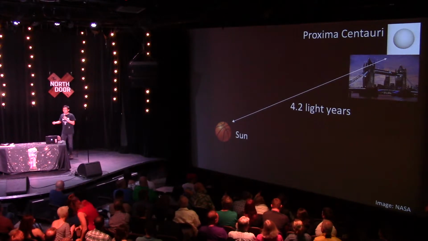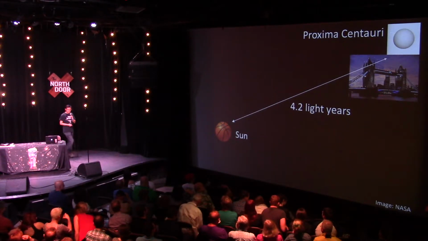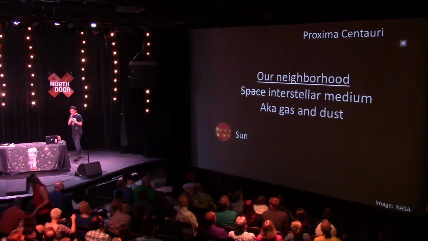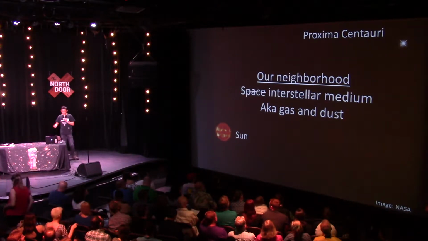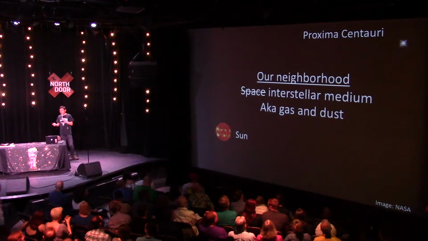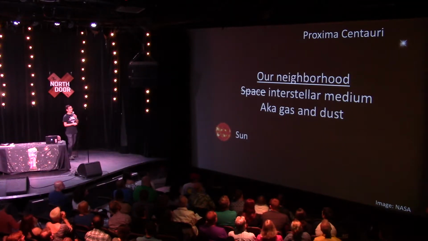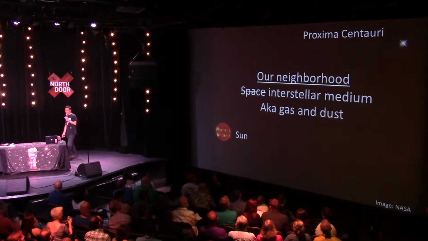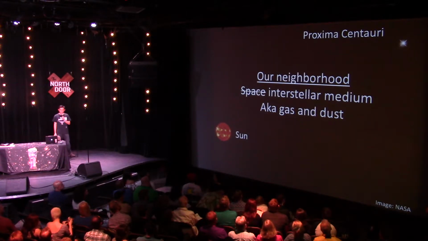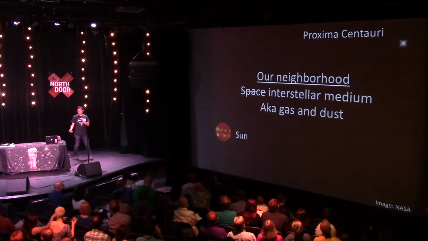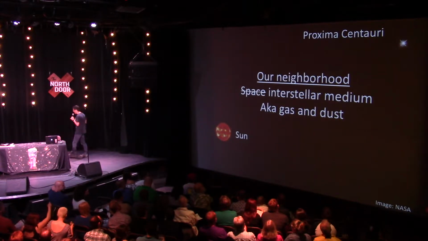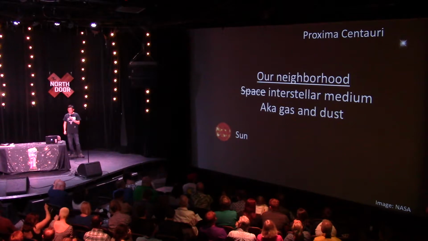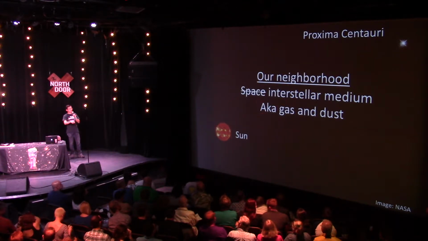So we have a lot of space in between. So in our neighborhood, around our sun, we have a lot of space. But to be a little more concise, the space is filled with what we call interstellar medium, or ISM, if you want to impress your astronomer friends. And so interstellar medium is basically a mixture of gas, mostly hydrogen and helium, and some dust. And so on this scale, this is our neighborhood.